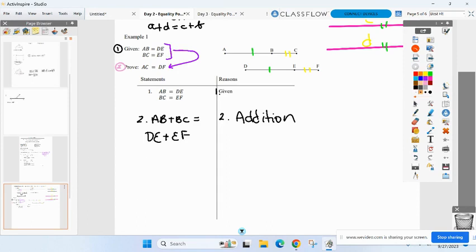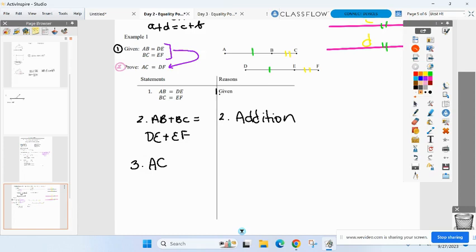Are we okay so far? Why I can add them? Because they're both equal to each other. That's not my proof statement, though, so that means we got to keep going. AB plus BC. Anybody got another name for that? What can I put in instead of doing AB plus BC? What other name can I give that? Go ahead, Gabby. AC. So I'm going to replace. There's a hint coming up. Replace it